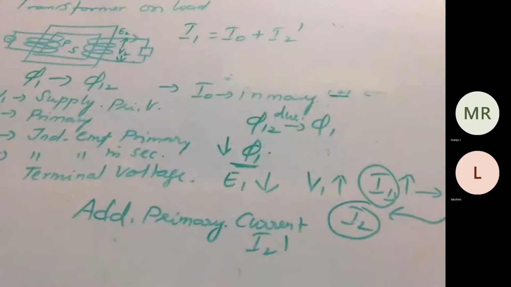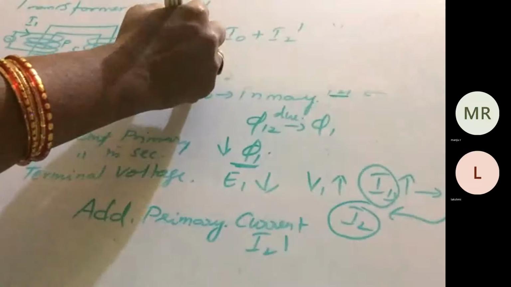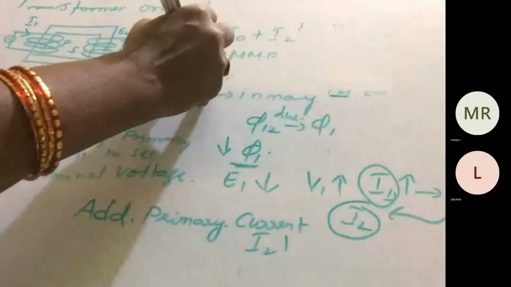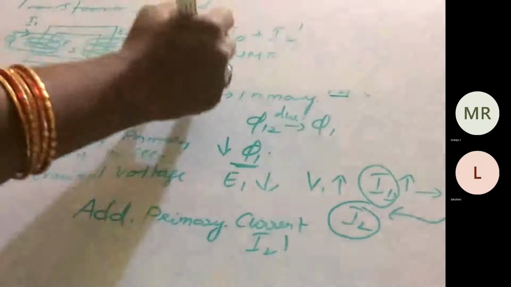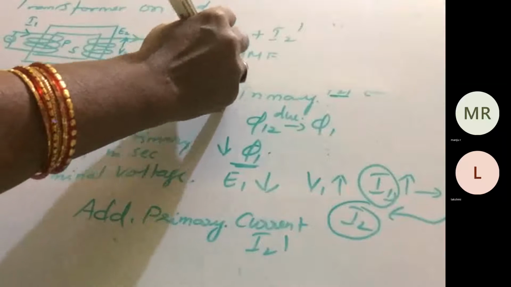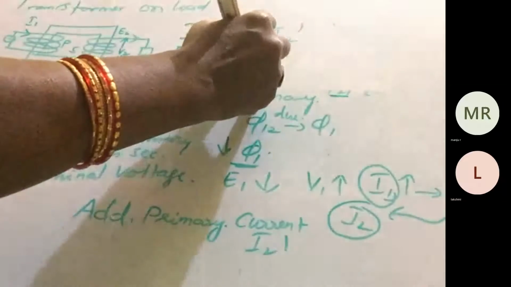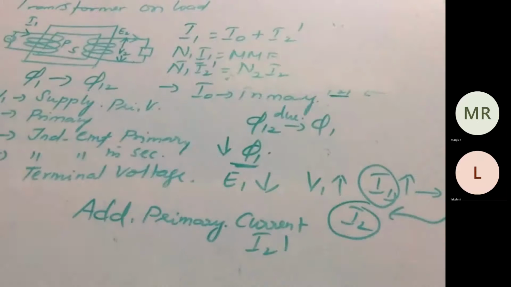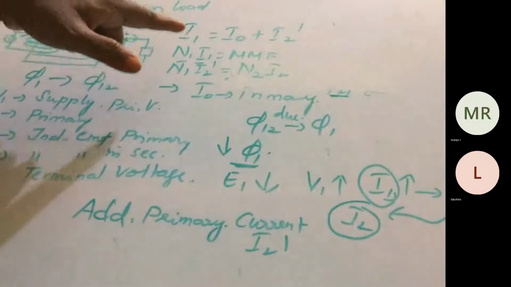Okay, we know the relation of MMF. What is MMF actually at the primary side? What is the primary current? Generally I1, isn't it? So this I1, we can write N1 into I1, that is the MMF. MMF is nothing but the number of turns into the amount of current. Because of I2 dash, we are getting the MMF in the primary, N1 into I2 dash, that should be equal to the secondary side MMF, which will be N2 into I2. The primary side MMF will be number of turns into amount of current.